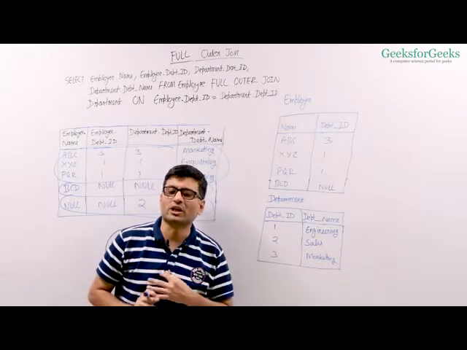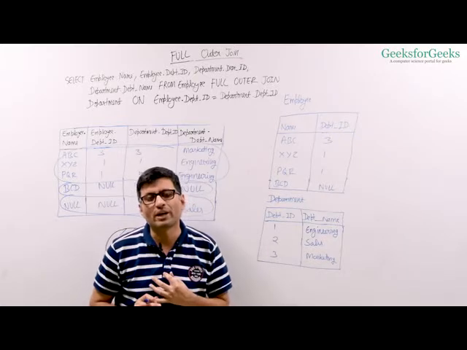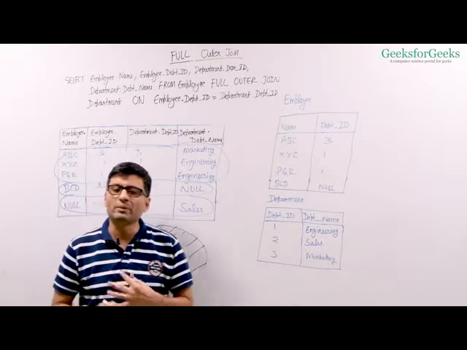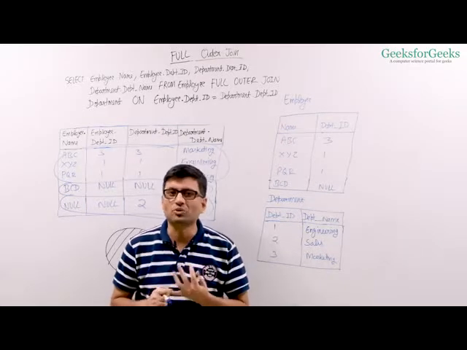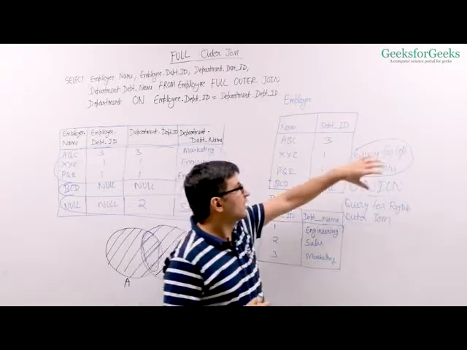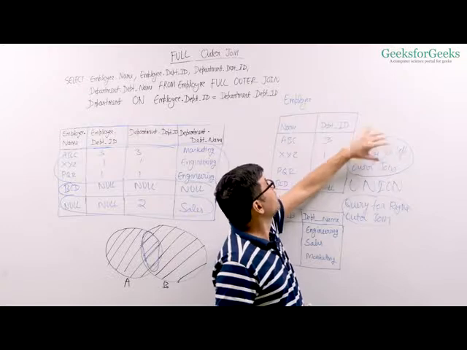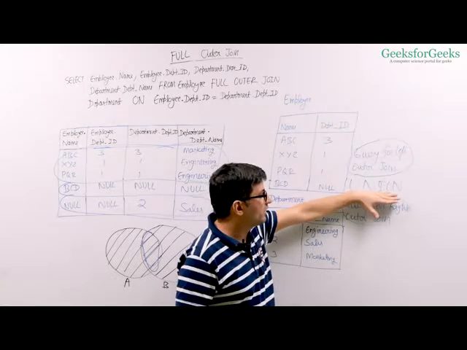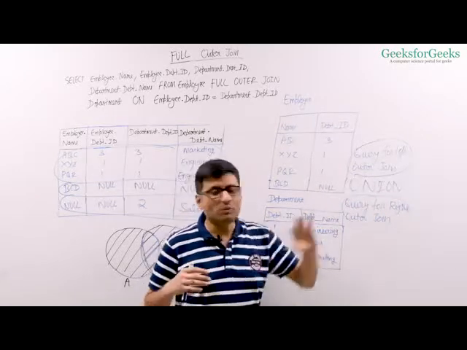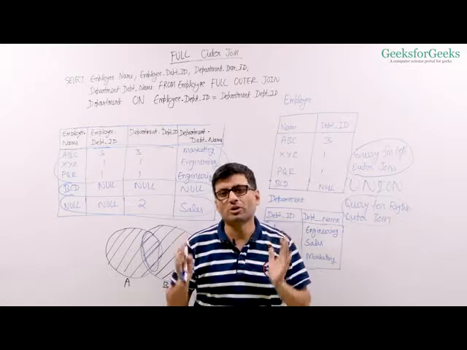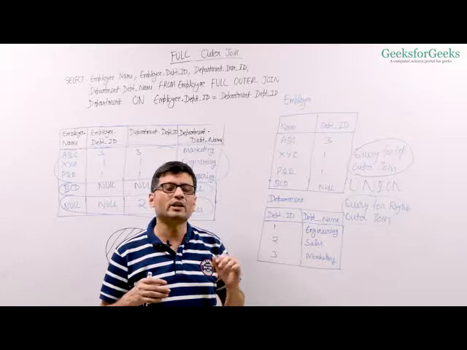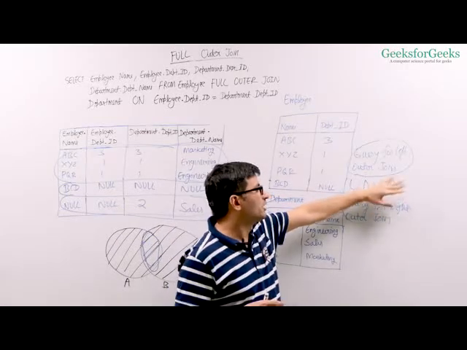MySQL and maybe some other databases do not provide this full outer join syntax. In those databases, we can implement full outer join using union or union all. A simple union query would be to write down the query for left outer join that we just wrote, then use the union keyword, then write down the query for right outer join that we wrote. The problem with this simple union is it will work and produce the same result, but it is not efficient because it's going to have many common attributes, and union although takes care of those common attributes, it has some extra.